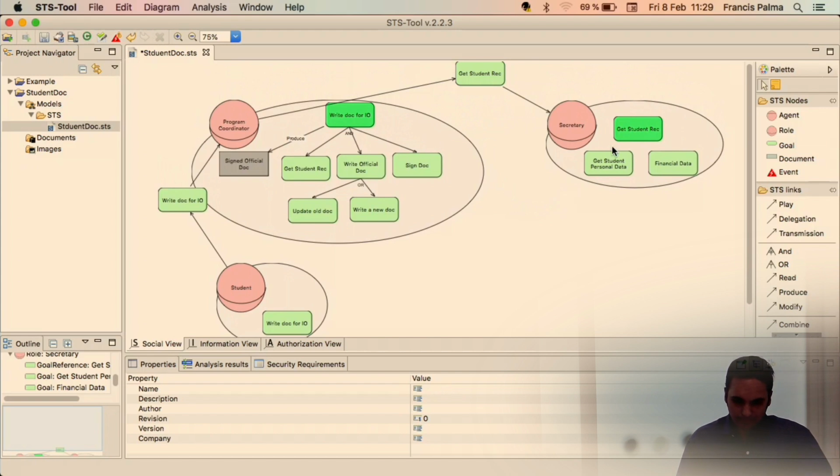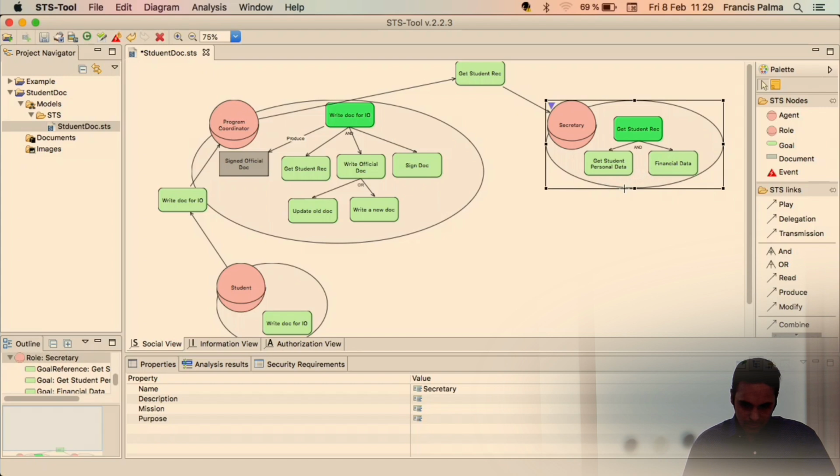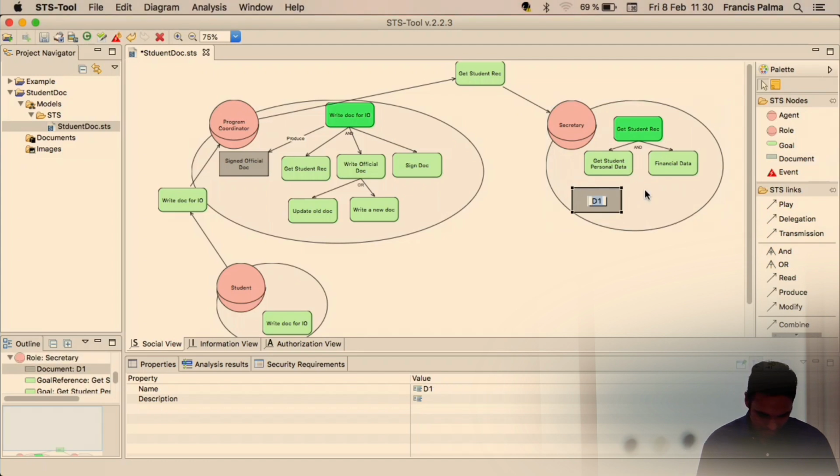So the secretary, in order to get the student record, must get the personal data and the financial data. But when she gets the personal data, it will basically produce a document, right? So a personal data file, let's say,